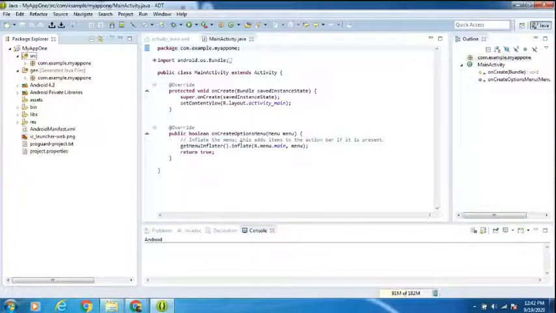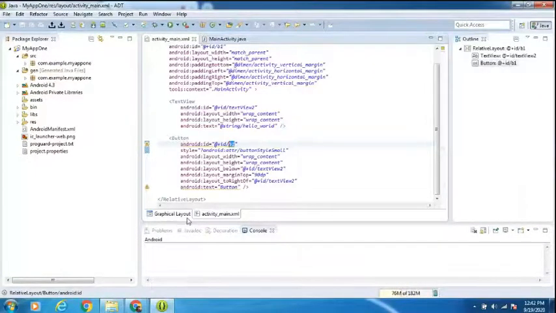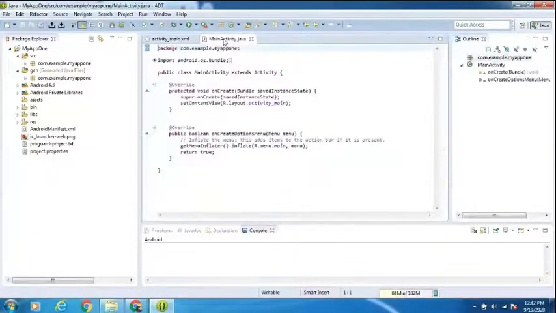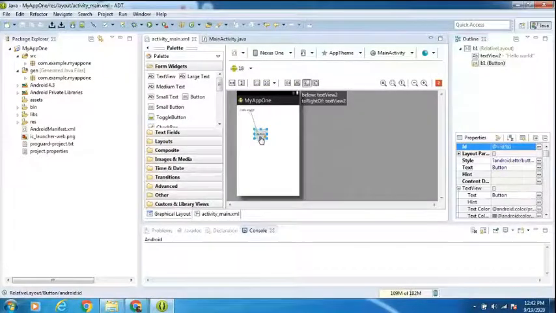Okay, dear, no problem. Let's go and write the code now. My intention is, listen, dear: when I click on this button, the color should change to blue. But when I click on this button, in the background one handler, one listener should be there to listen to the click event.